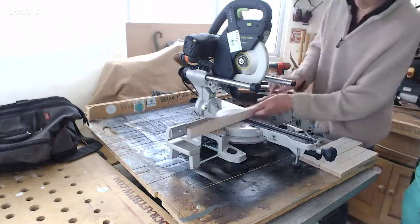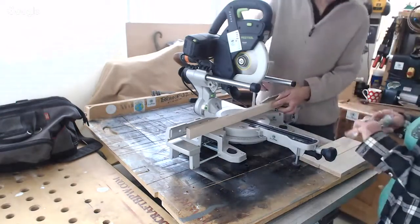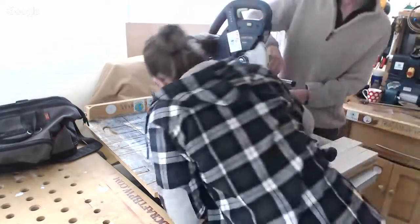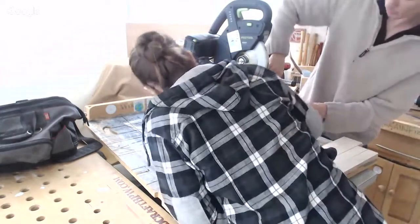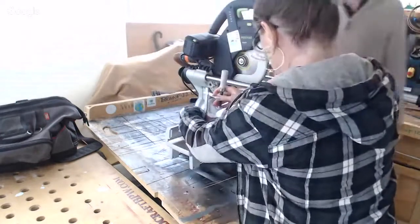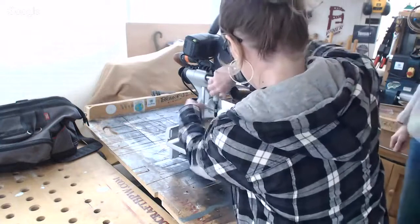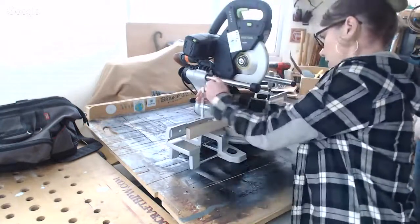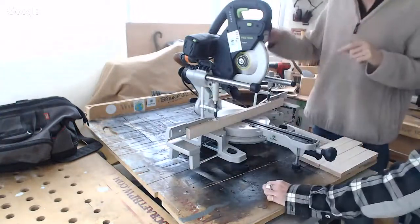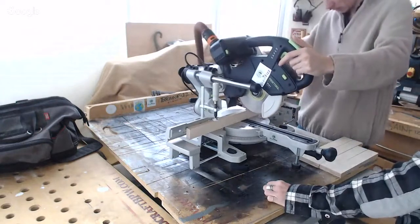What I'll do is we clamp that on there, like that. It's a little slot at the back. See the slot at the front? It'll be about there, but on the back. Yeah. Okay. There you go. Right, so now for this one, what I'll do is I'll set this, it's just going to be a...